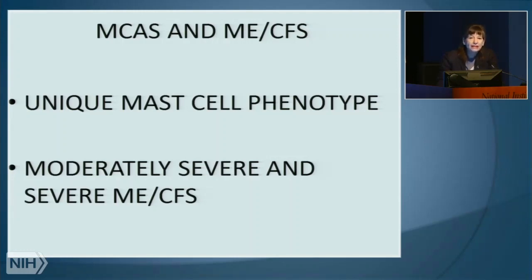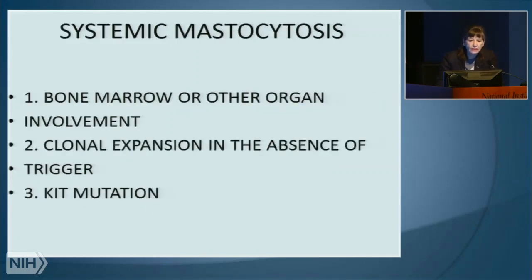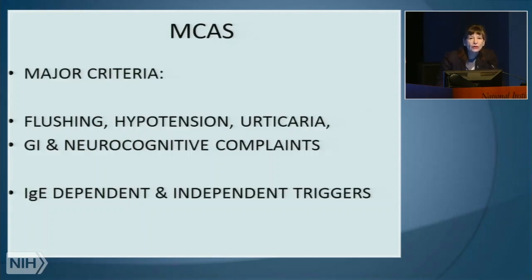Like I said before, mast cells are found mostly in tissues and not so much in the periphery. So it's a challenge to recognize these cells in the peripheral blood. So special techniques need to be developed in order to do this. So we're starting to do that. Like I said, systemic mastocytosis is mostly bone marrow or other organ involvement, and we're not going to focus so much on that here. The major criteria for mast cell activation syndrome involve you have a patient who,